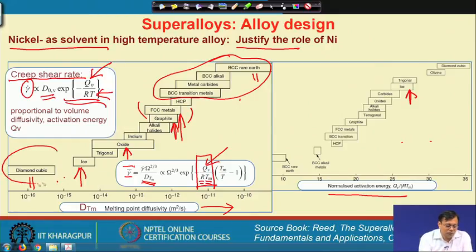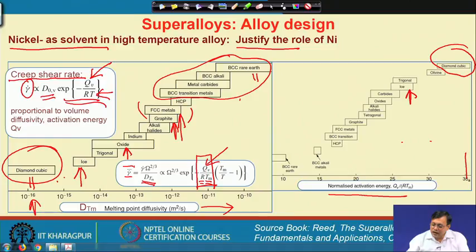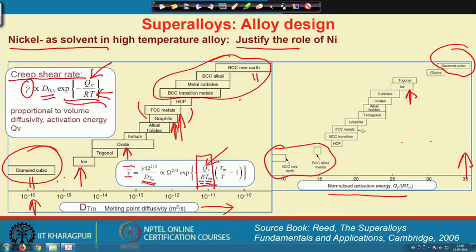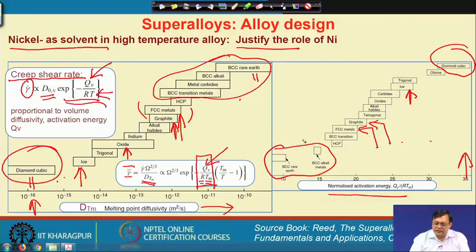You can see the diamond cubic has the lowest melt point diffusivity, where the diamond cubic is lying here with the highest activation energy, normalized activation energy, whereas the BCC metals are lying here. Why we are always talking about BCC and FCC, we will learn within the next few minutes. And here is where the FCC metals and graphites are lying. So, FCC is somewhat better in terms of using higher temperature, that is very clear compared to BCC or